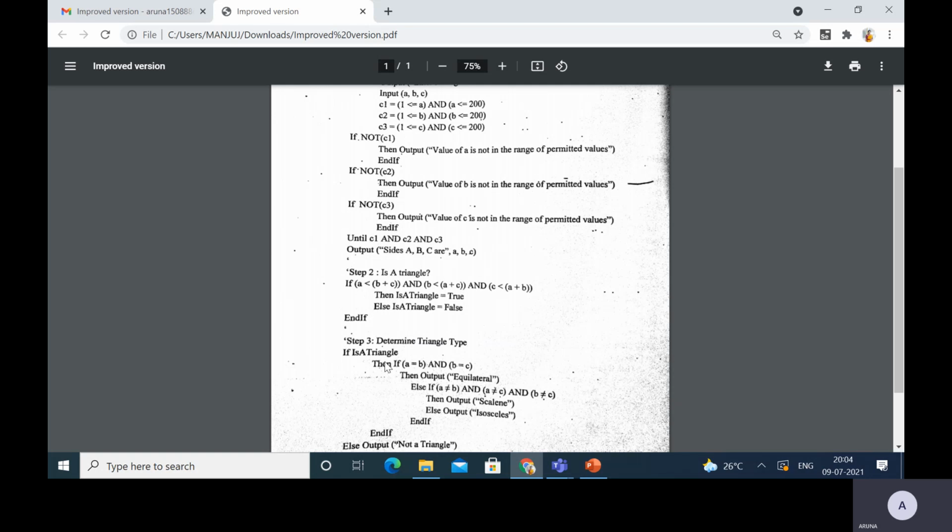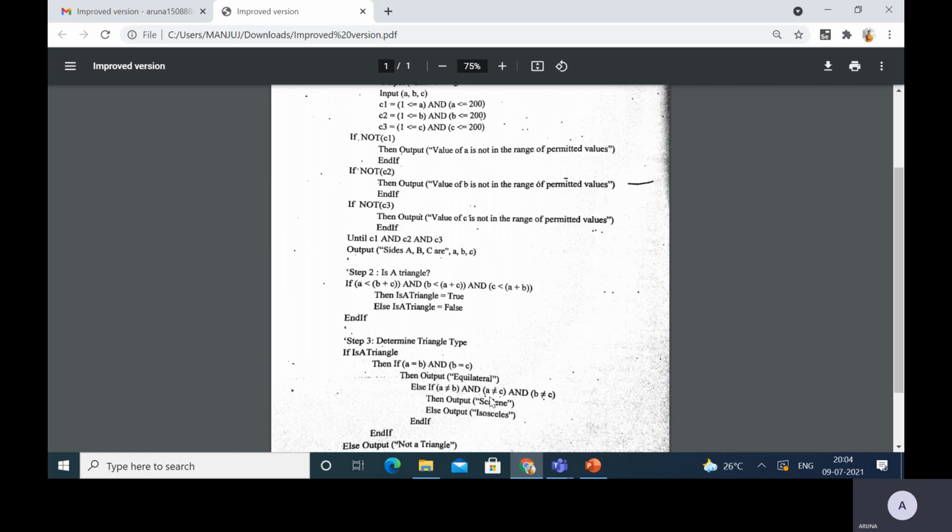If is a triangle, if A equal to B and B equal to C, 5 equal to 5, condition true, and both the conditions should be satisfied. Then 5 equal to 6, condition false. It will come to the else if. A not equal to B, 5 not equal to 5, here it is false.